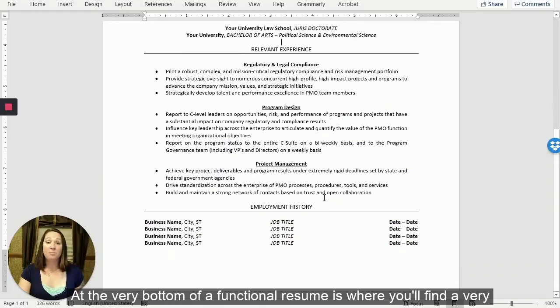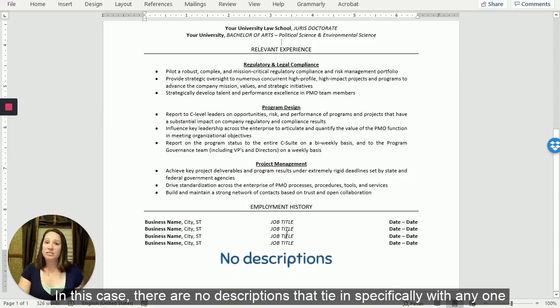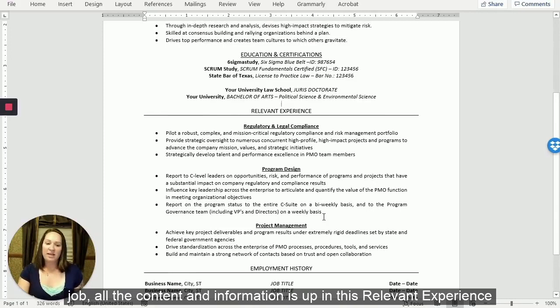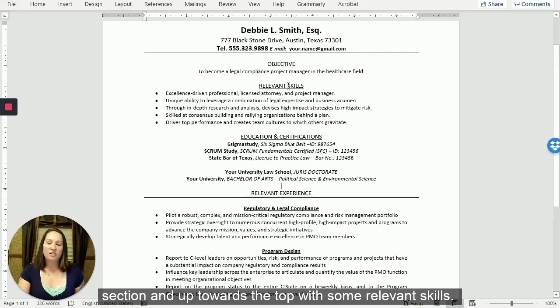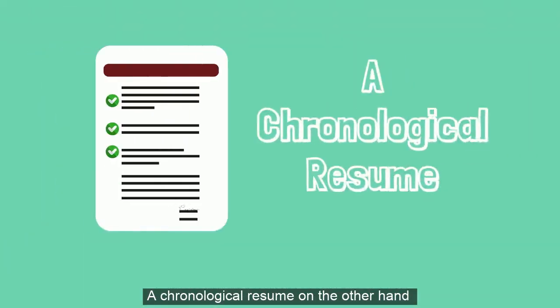At the very bottom of a functional resume is where you'll find a very simple list of actual employment history, job titles, and dates. In this case, there are no descriptions that tie in specifically with any one job. All the content and information is up in this relevant experience section and up towards the top with some relevant skills. A chronological resume, on the other hand,